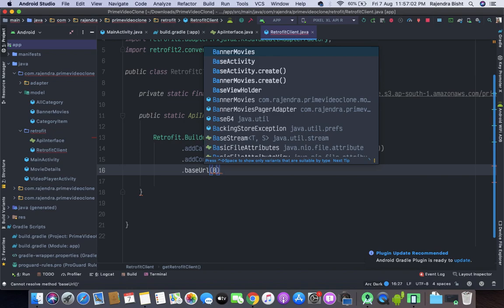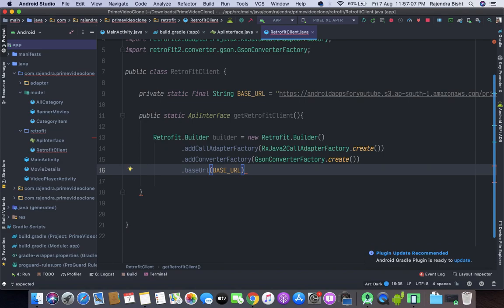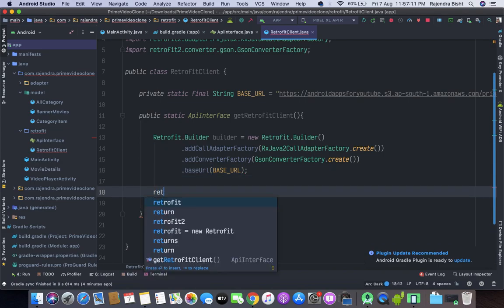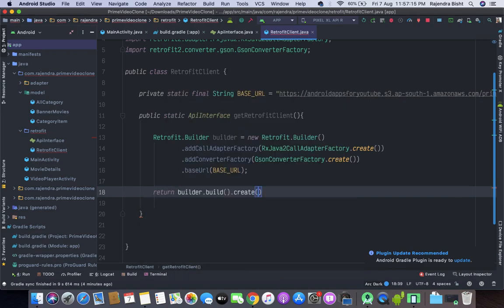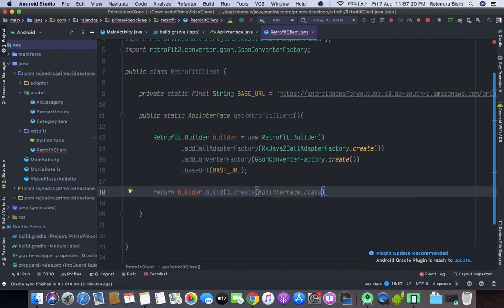So this is our base URL. Now I will return the Retrofit, so here return the API interface dot class. So our Retrofit client is ready.